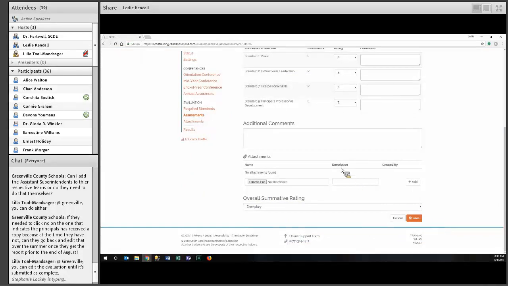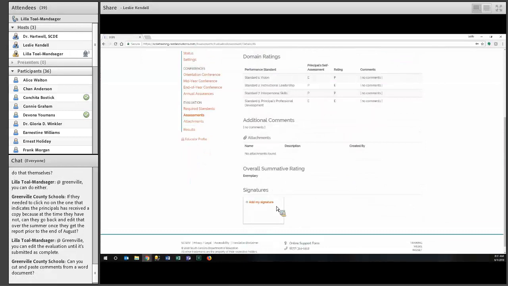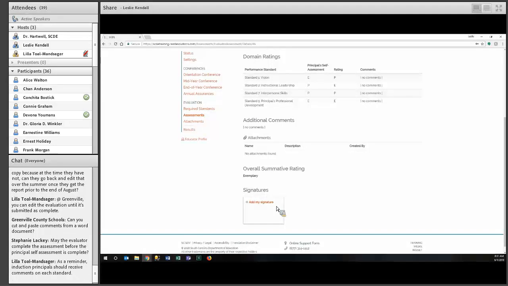They're an outstanding principal. And Leslie, just to give some clarity, for those principals who are on induction, they do receive feedback, written and oral feedback on every standard. So this is where you would capture that in the comments, that written feedback. Yes, and to also say that if they're on an induction year or a full evaluation year, all of the standards that were required would populate for you. You wouldn't have to make those selections.